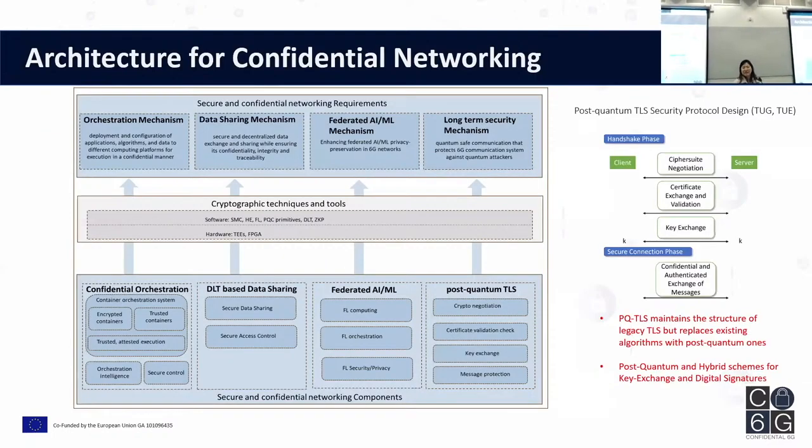Yeah, so just to summarize, this whole presentation is mostly to give you an idea of what confidential networking has been doing, what kind of research aspects we have been targeting, and the initial solutions to these research problems on the confidential networking side.